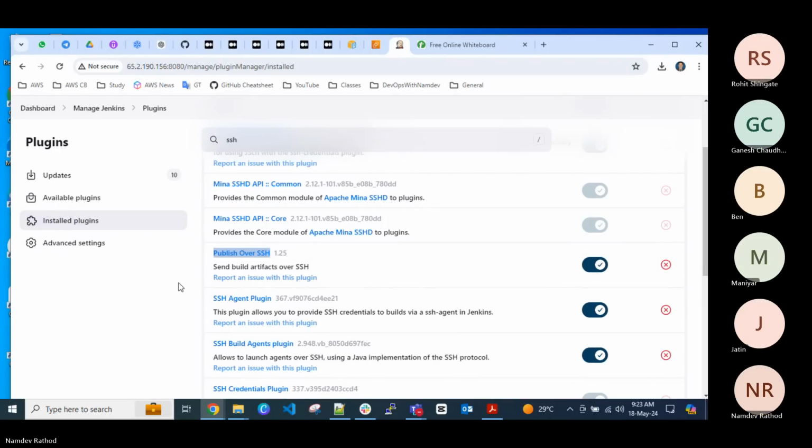Not only for SSH-based, but apart from that, it will help to deploy your build, your application code, over an SSH-based connection. Okay. So once that is installed,